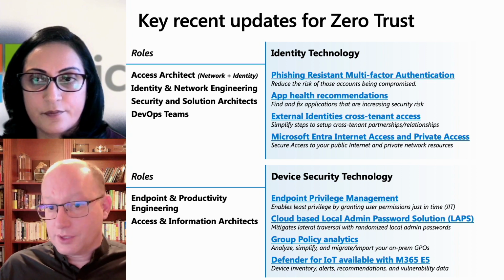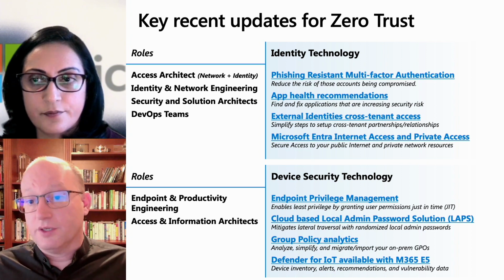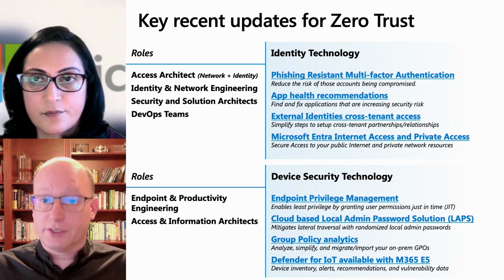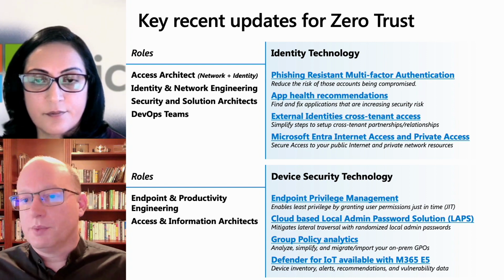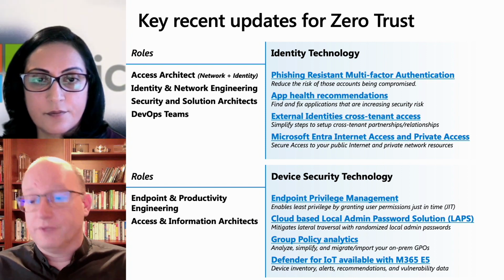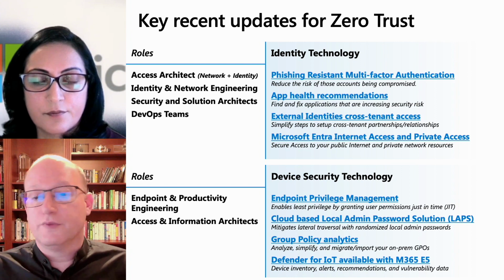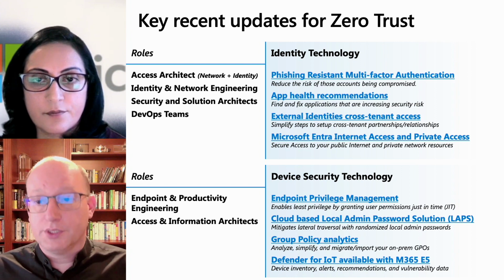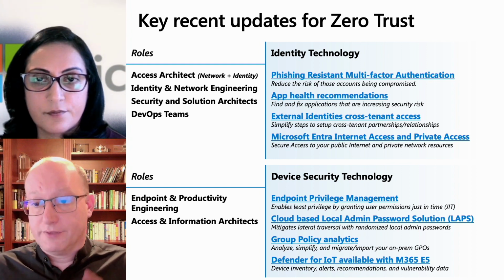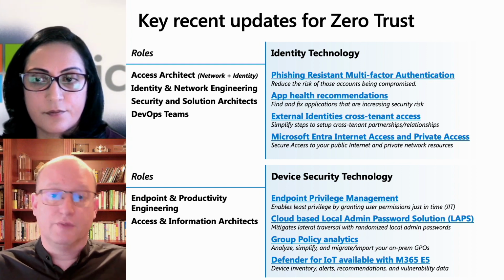Endpoint privilege management, saw that in the demo. Essentially, installing Office, you're able to do that just-in-time elevation of privileges for those kinds of tasks. Great technology. Another one that's super important in the case of privileged attacks, which are unfortunately very common and very damaging: the LAPS solution. This is basically the new cloud version that allows you to manage the local admin password solution through cloud solutions, with a random local admin password, so that if someone compromises one machine, they can't take over others.